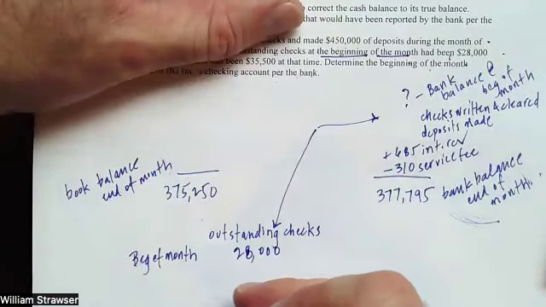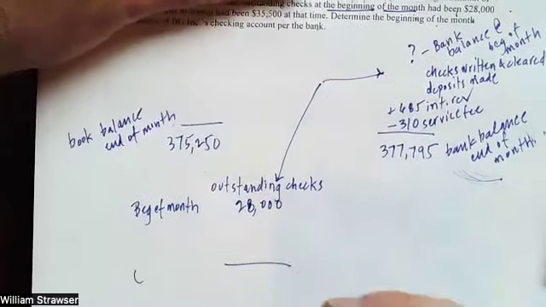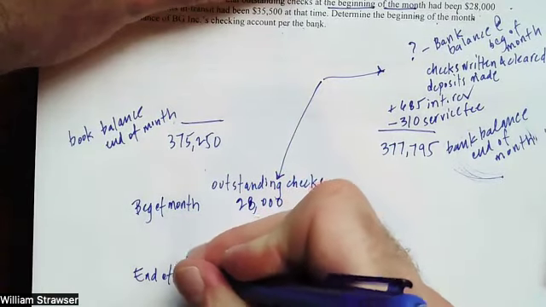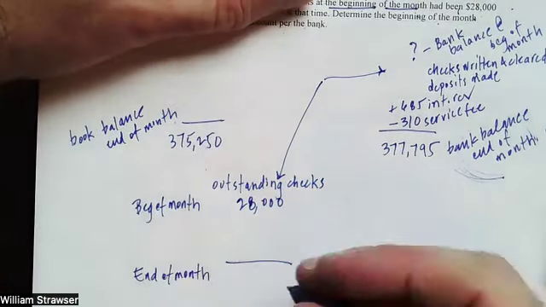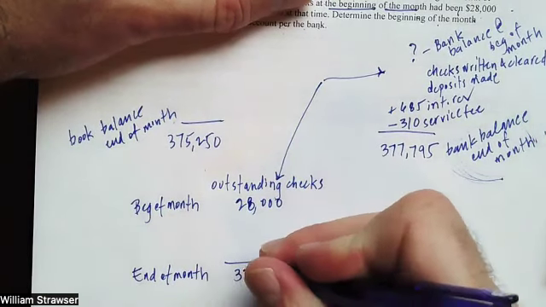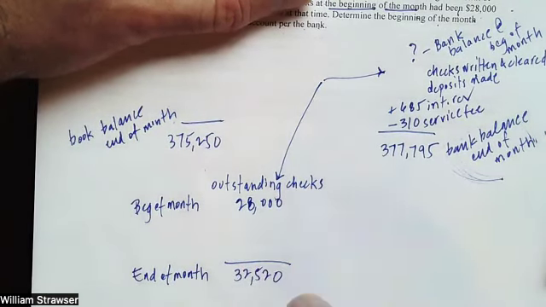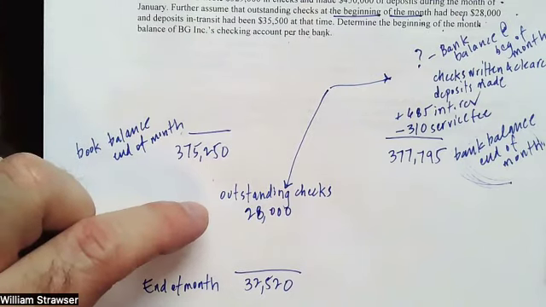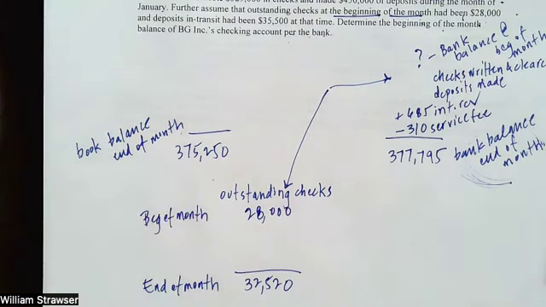And at the end of the month, we have these outstanding checks at 32,520. So it grew over the month from beginning to end. Now, think about what affects outstanding checks. They're checks we wrote but have not yet cleared,